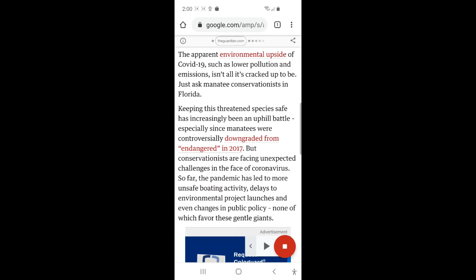And then I need to tap a text where I want it to start reading to me. Keeping this threatened species safe has increasingly been an uphill battle, especially since manatees were controversially. And then stop button to stop reading. Or I can also tap this accessibility button